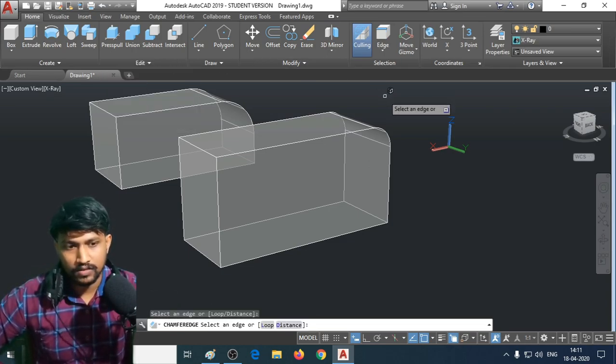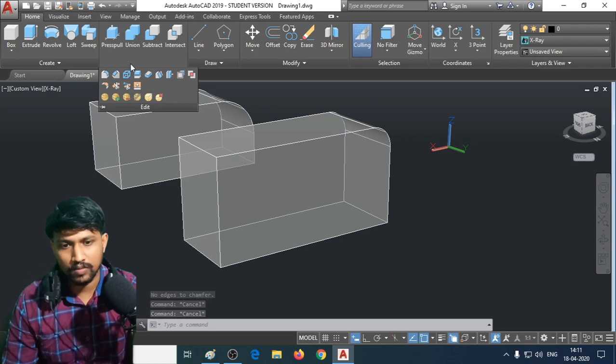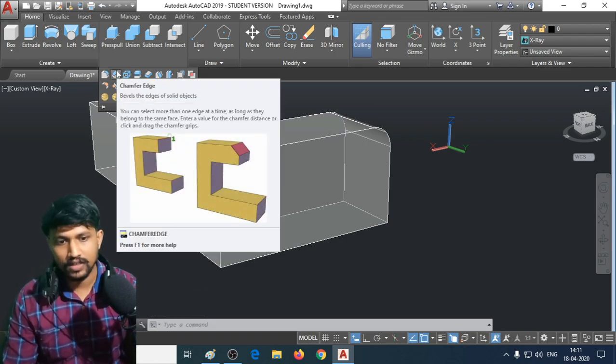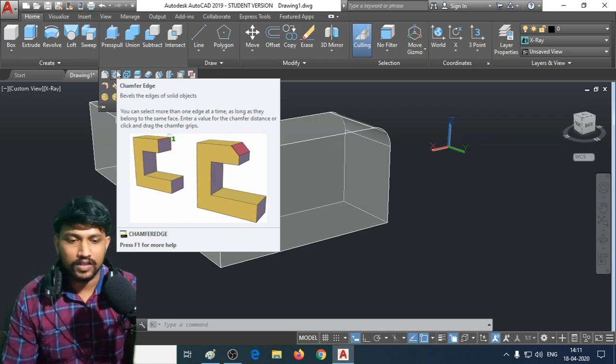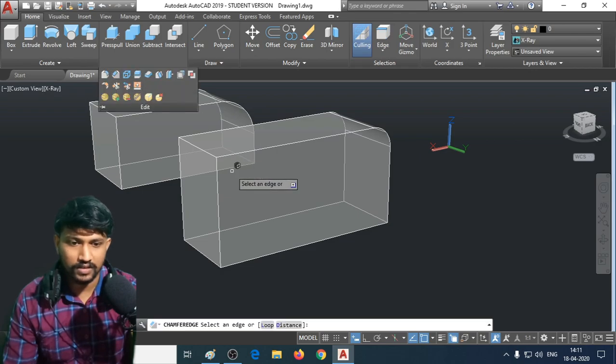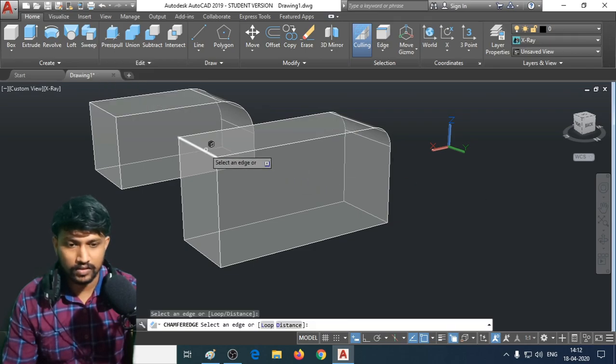Chamfer edge. You know how a chamfer works, right? So if you don't know, I'm going to explain this one. I'm not going to the 2D again. Okay, I'm going to explain the chamfer right here. Chamfer is going to be something like this. So if we take a fillet, it will create a certain radius. It's going to make an arc, whereas chamfer works very differently.